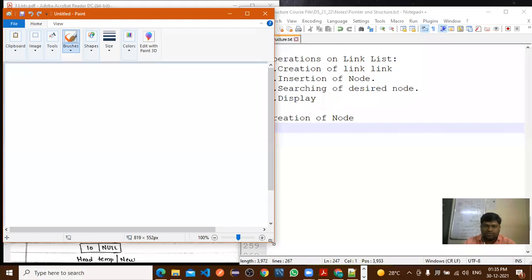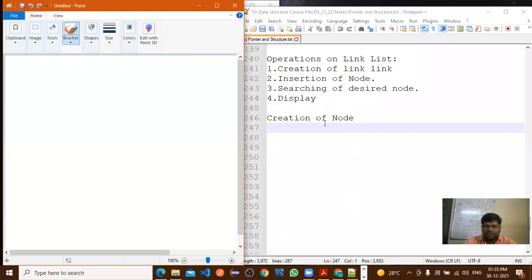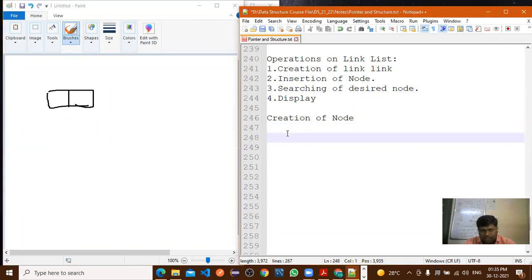Here I will draw the block diagram of the same. The first part is for what purpose? Data, or we'll say information or data, whatever it may be.